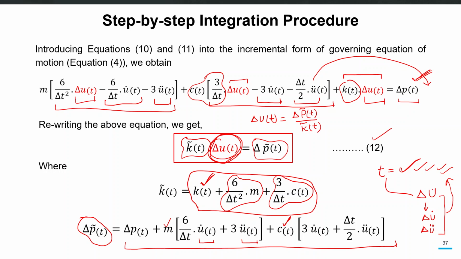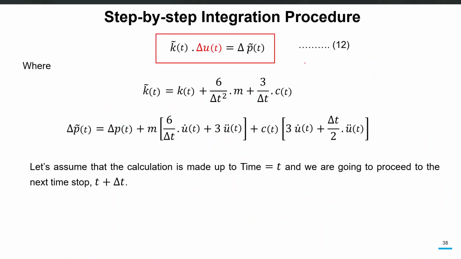to get the values for the next time instant t plus delta t. So that's how, if we apply these equations 10, 11 and 12, basically 12 will be applied first, and then delta u will be put in these two equations to get the increments in velocity and acceleration also. So if we apply these equations step by step for all time instants in a series manner, we can solve the whole equation of motion for all time increments. Now this is the final form of our mathematical formulation. This is equation 12, which is a simple algebraic equation, and the unknown is delta u, and we have k prime of t and delta p prime of t for any time instant t.